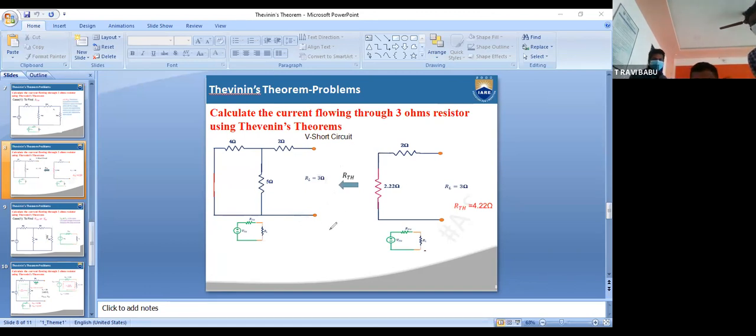Okay, so these two resistors will be parallel. So what happened to this one? 4